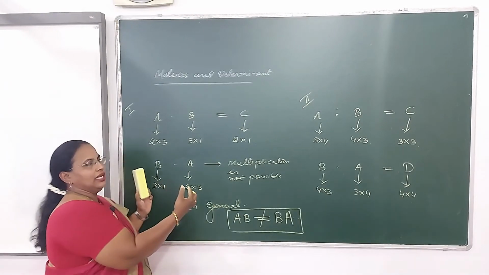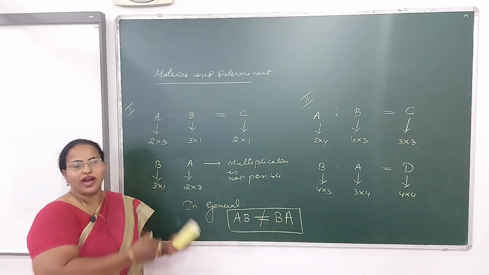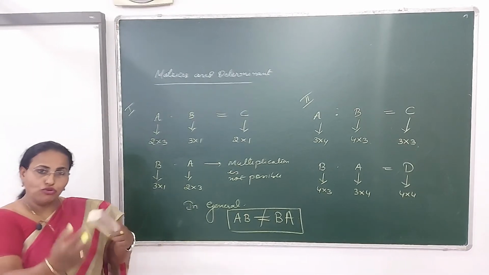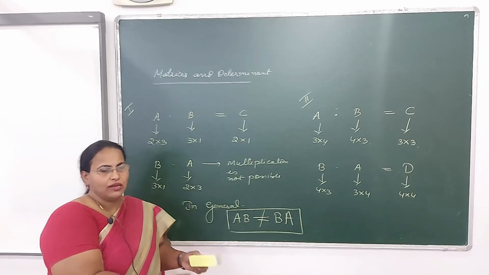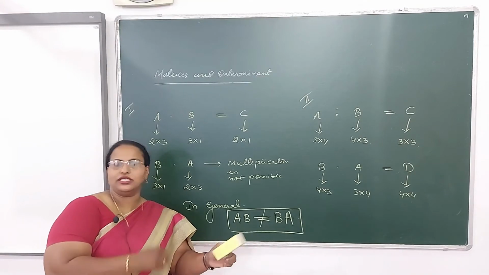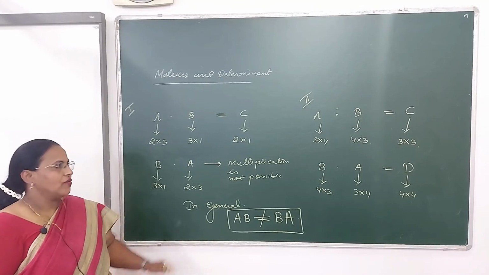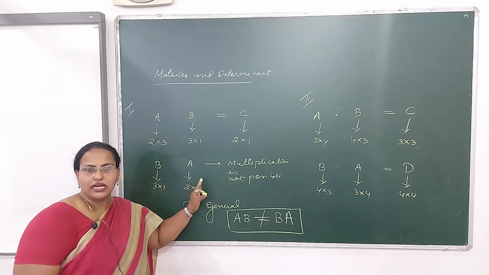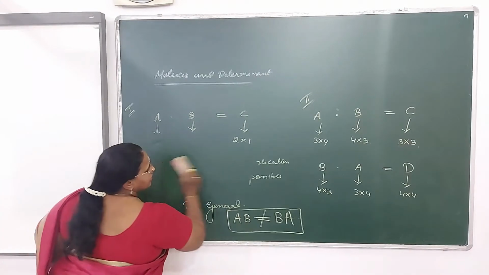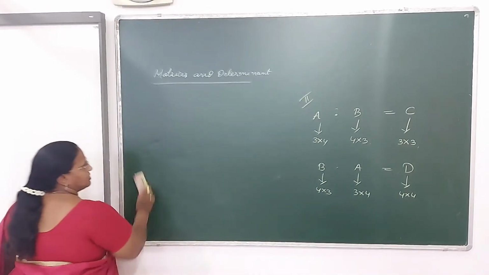So this was the concept of understanding matrix multiplication. Now how to multiply, that I will be explaining later on, but see in what case it is possible and in what case it is not possible. So I hope this is clear to everyone. So a very important concept of matrix multiplication. Now see the procedure of how to multiply two matrices.